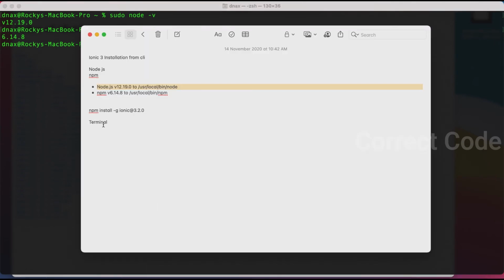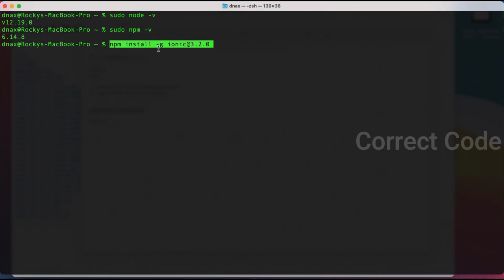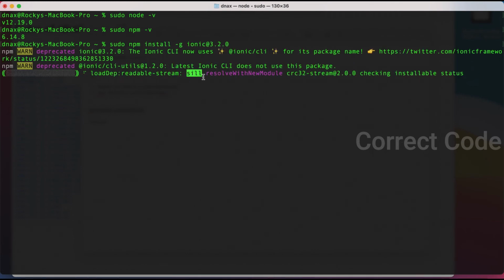For that, npm install -g. The -g is like global, so that all options will be installed. If you write -g, come here, enter sudo and install, bingo, it's installing without any errors.